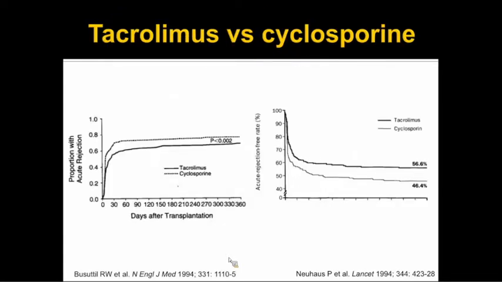The choice of immunosuppression clearly matters when it comes to the risk of acute rejection. And this is one of the few areas in this field where there's really not just retrospective and prospective cohort data, but really randomized clinical trials to help guide us. So I'm presenting here data from 2 large and important randomized trials that were done comparing immunosuppression post-transplant with Tacrolimus and cyclosporine. The image on the left is from a study that was done in the US, published in the New England Journal of Medicine, and on the right-hand side, a European cohort published at the same time.